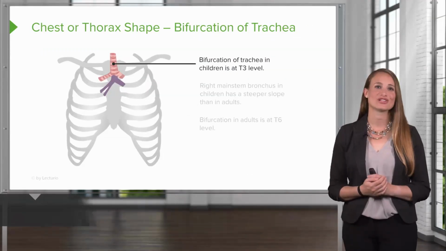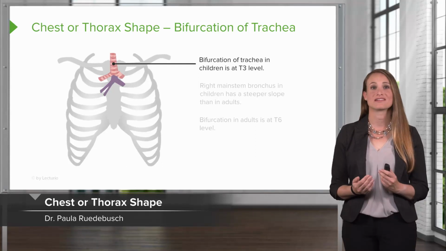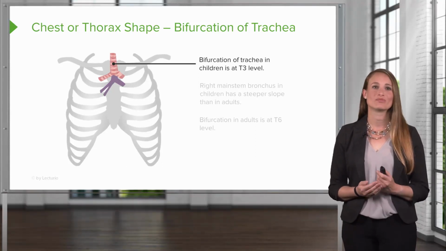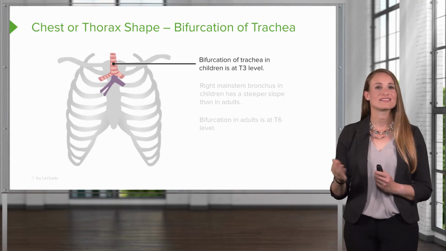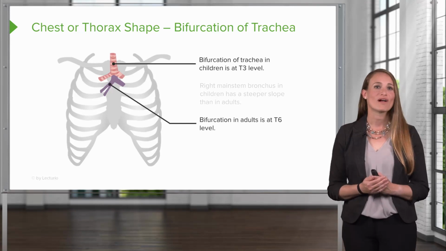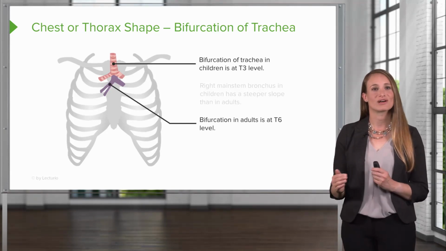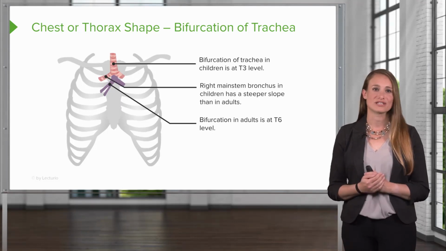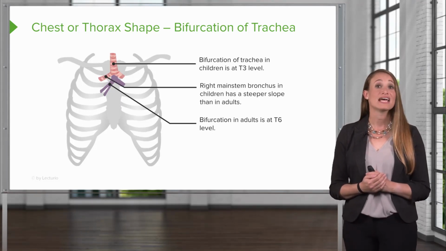In infants and young children, the ribs are attached horizontally to the vertebra and to the sternum, while an older child or adult has a more oblique angle. Here you can see that the trachea bifurcates, or divides, at the level of T3 in children, while in adults the trachea bifurcates lower at a level of T6. Now, the right main stem bronchus in children has a steeper slope than in adults, and this is important in